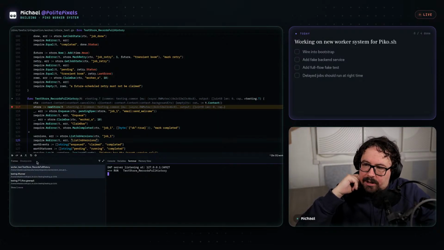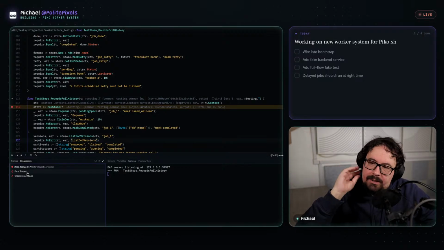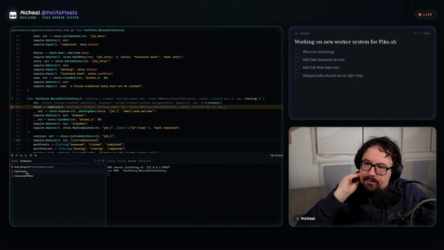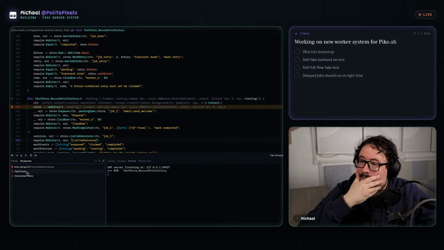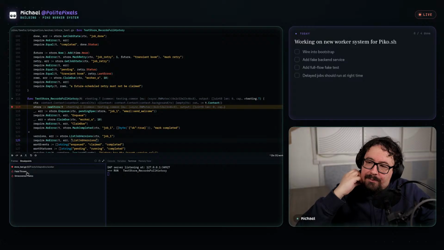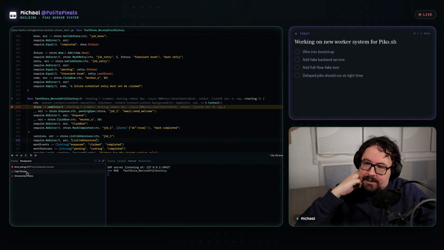But having the debugger working in Z is pretty fundamental as we get into the harder parts of this task: implementing the new worker system for Pico. I need to remember that I should be reiterating what I'm doing more often as I code.